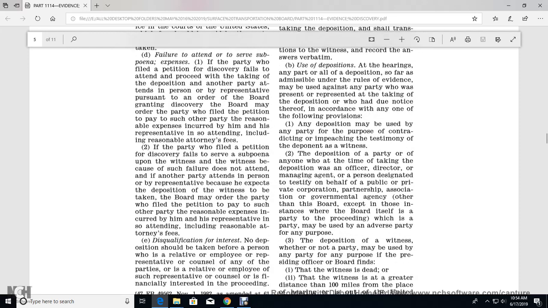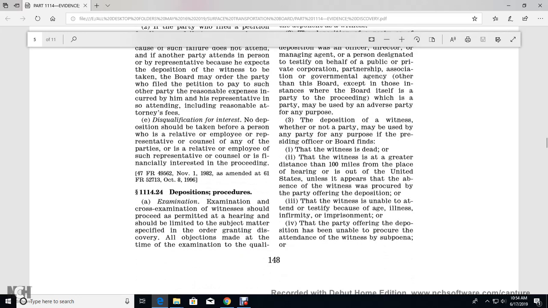The deposition of a party, or of anyone who at the time of the taking of the deposition was an officer, director, managing agent, or person designated to testify on behalf of a public or private corporation, partnership, association, or governmental agency, other than the board, except in those instances with the board itself as a party to the proceeding, may be used by an adverse party for any purpose. The deposition of a witness, whether or not a party, may be used